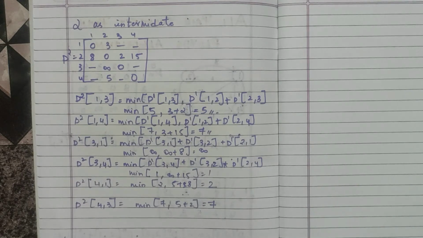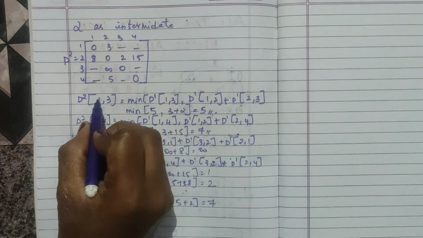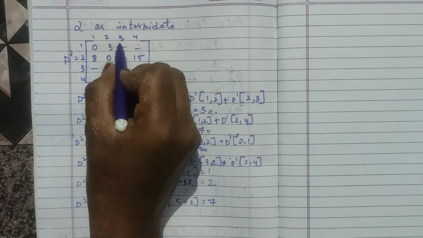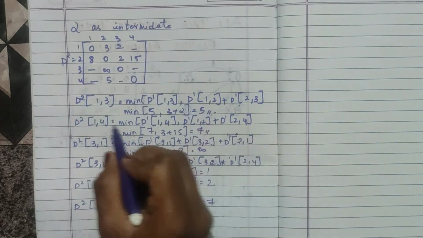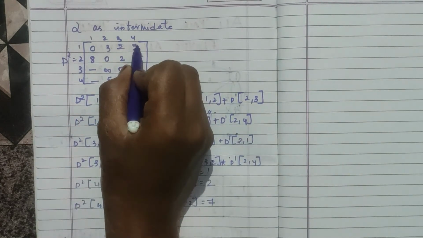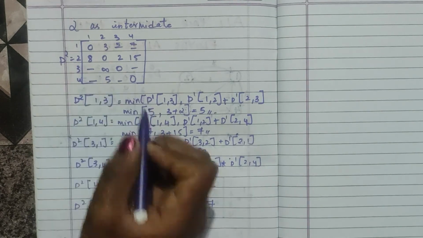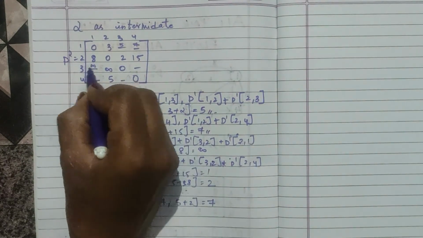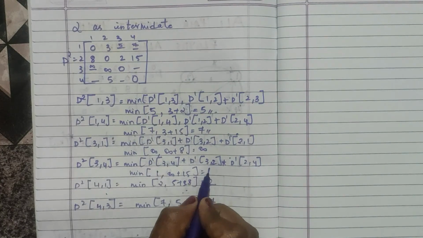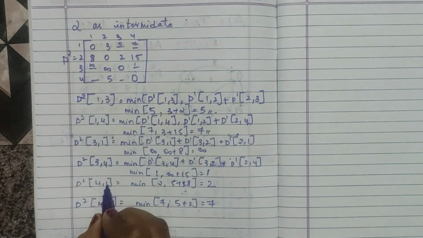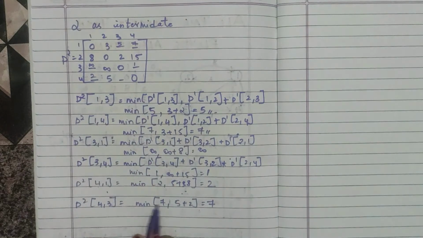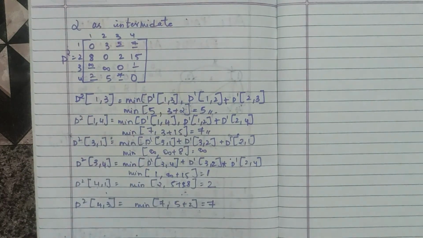Now this is how you need to solve. So if I keep solving, the video might extend too long. So I've just solved this, and now we will put all this value in the table. So for 1 comma 3, it's 5. So 1 to 3, it is 5. And now for 1 to 4, 7. Now what we have next? 3 to 1. So 3 to 1, it is infinity. 3 to 4, it is 1. And then 4 to 1, 2. And then 4 to 3, it is 7. So now we found out for 2 as our intermediate.